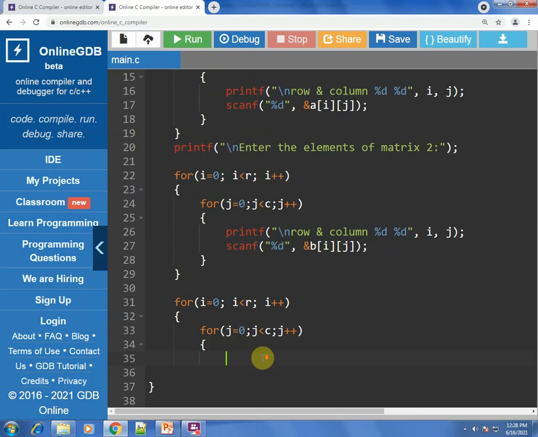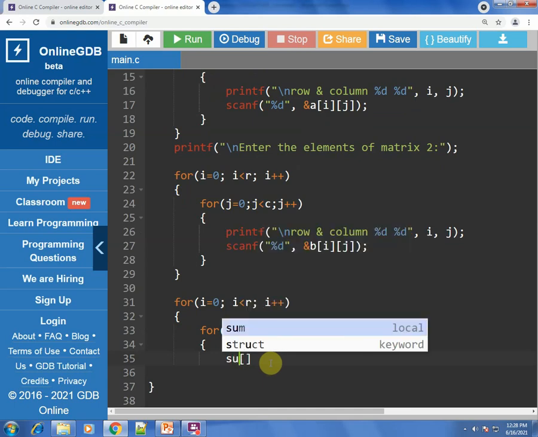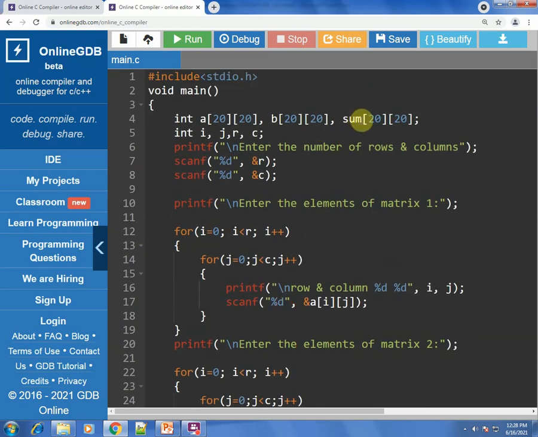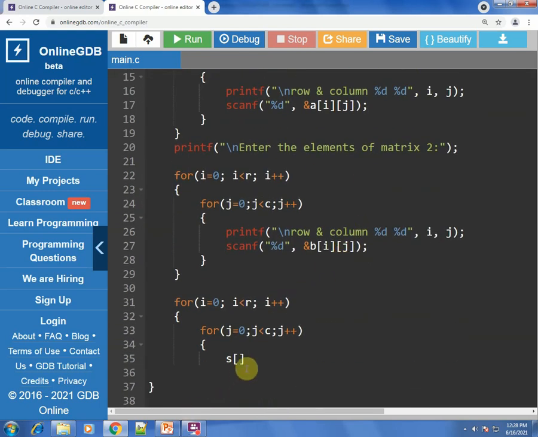So these two for loops, and inside the two for loops we will do the addition. For addition the formula was, okay, now my output is not C, my output is say S, or here also we can change it to S would be better. So S of I, which is the outer loop variable, and then J. I represents rows and J represents columns.